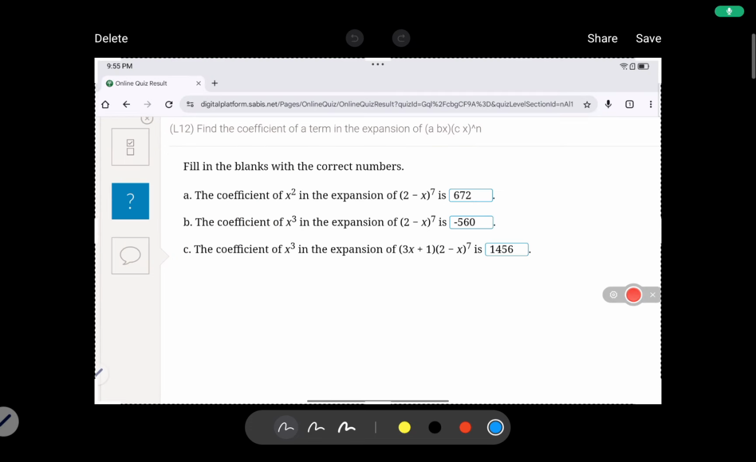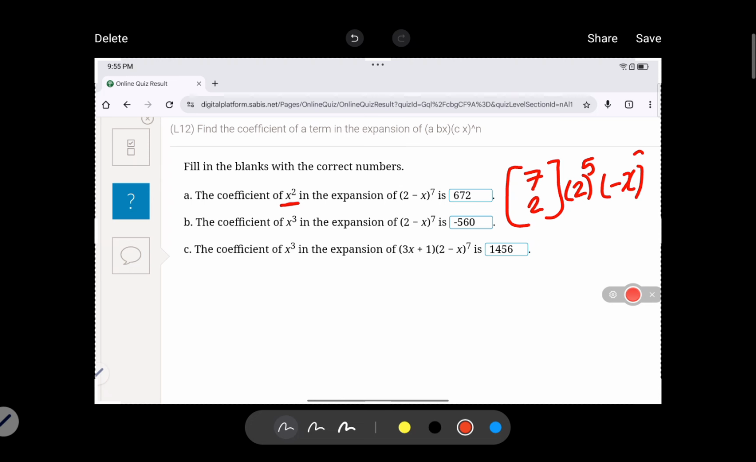For this question, they want the coefficient of x to the power of 2. So they want it to be 7. See, here it will be 2, and then 2 to the power of 5, and negative x to the power of 2. Okay, they only want this, so they don't want until that, they want only this. So 7,